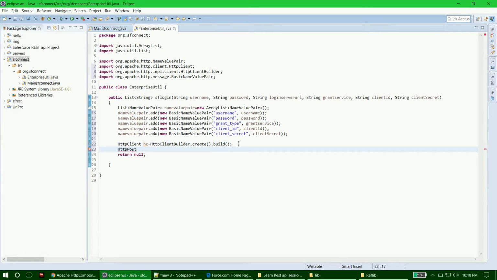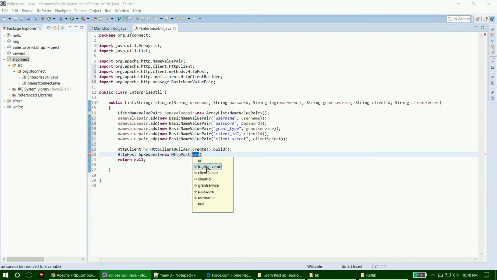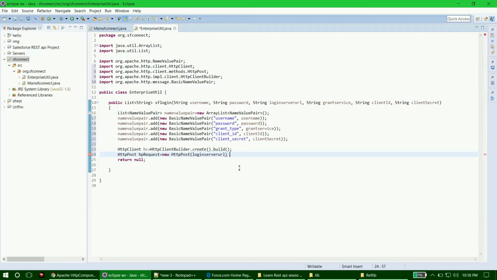Now we create one post request method. Okay, so HttpPost request. So this HTTP post request will be going to Salesforce by using this HTTP client class, client variable hc. Now the HTTP post request will be sent to the login server URL plus